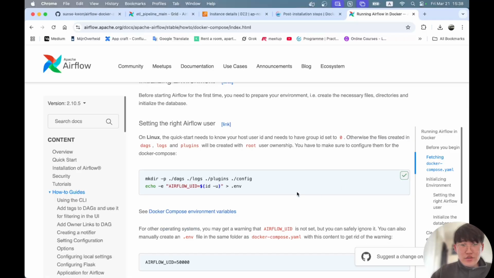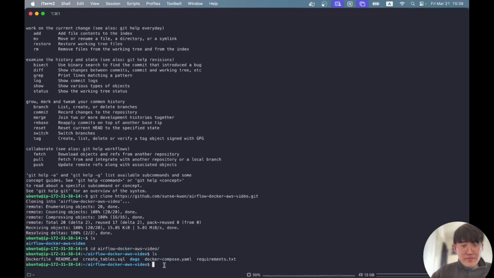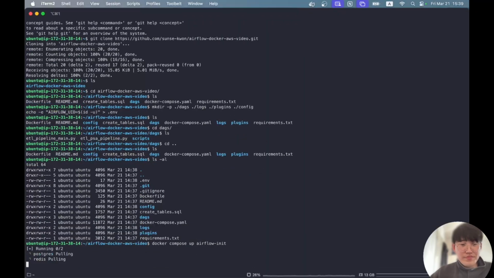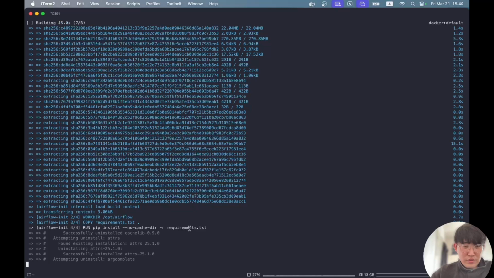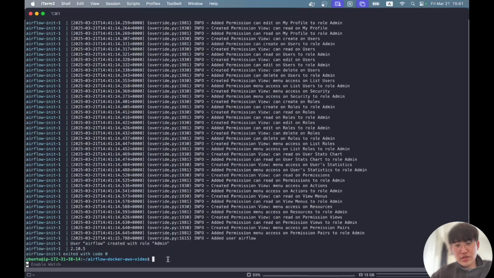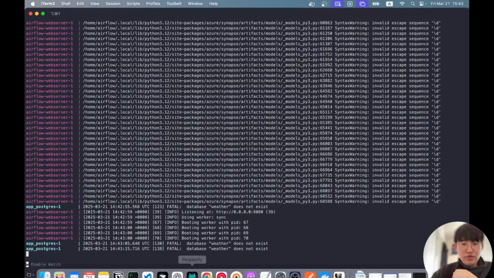We need to create this directory first. Make sure all the required packages are installed. Now initialization done, we can run the command for running the containers. Containers are up, so we can go to